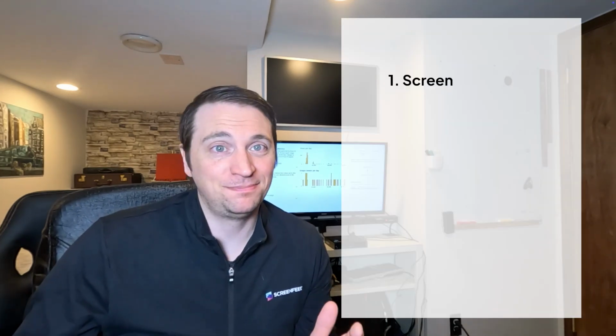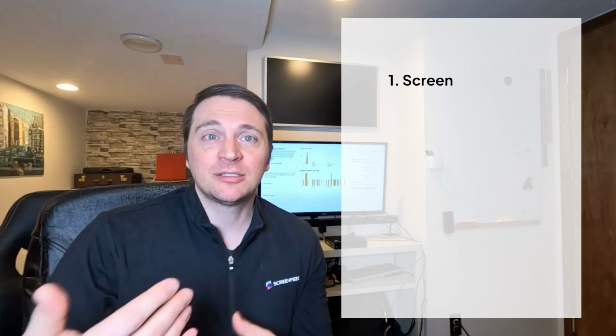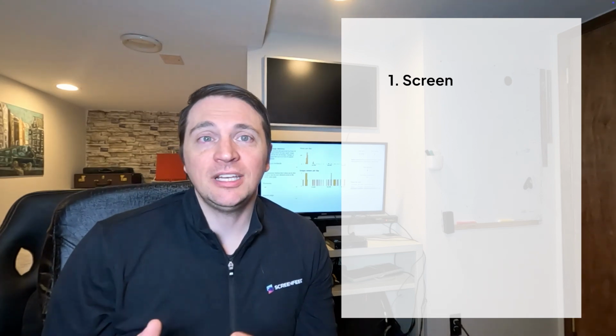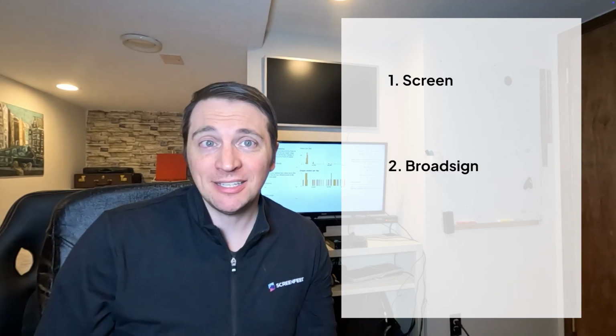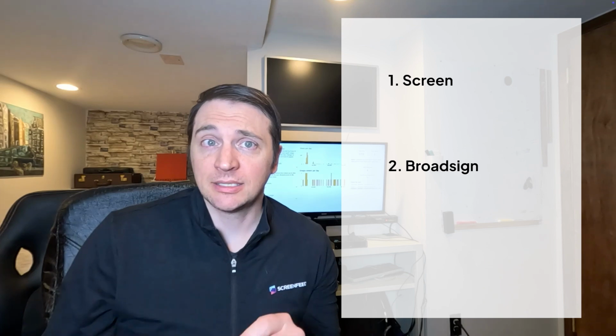There are a few things that you need for this project, and the first thing is a screen. It can be a smart TV, a not so smart TV, an LED wall, a video wall, a projector. Just some way to display your digital content on a screen. Past that, you do need a player and software. This video is specifically about BroadSign players and software.